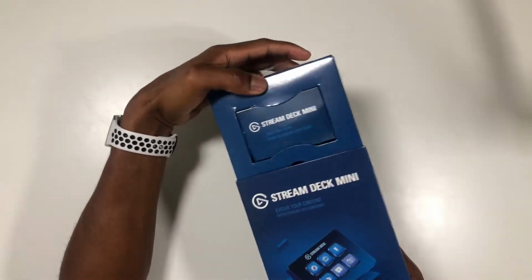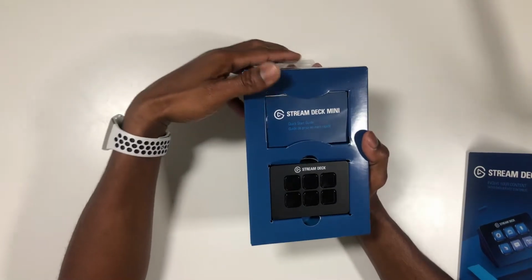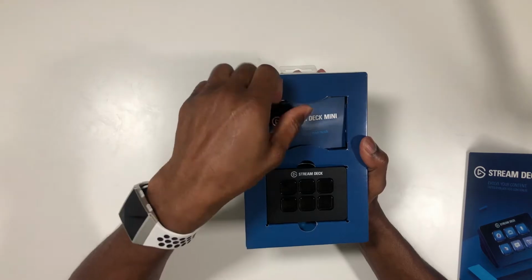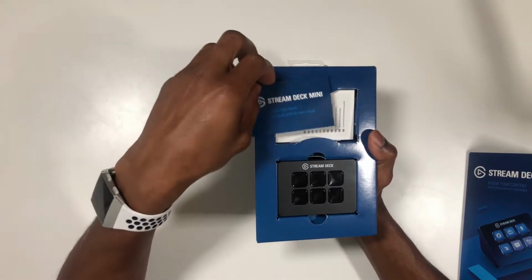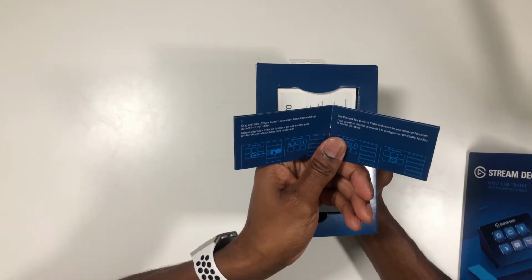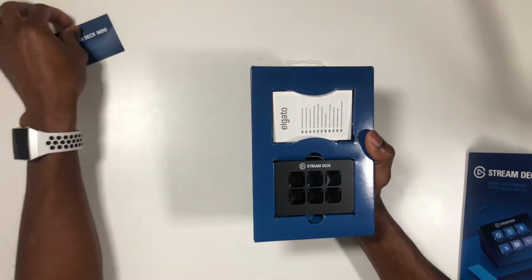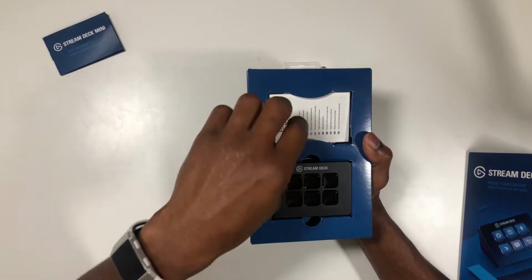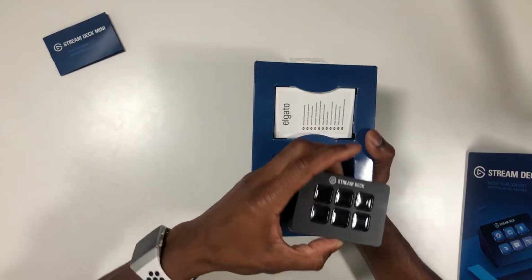So when you take it out of the box, this is what it looks like. They have a little booklet right here, and I guess this has the instructions of how to set it up, but I won't be really paying much attention to that. I'm gonna pull the actual device from the packaging,